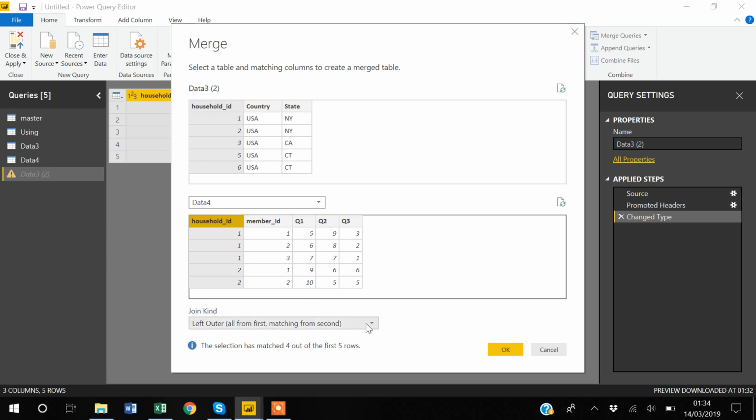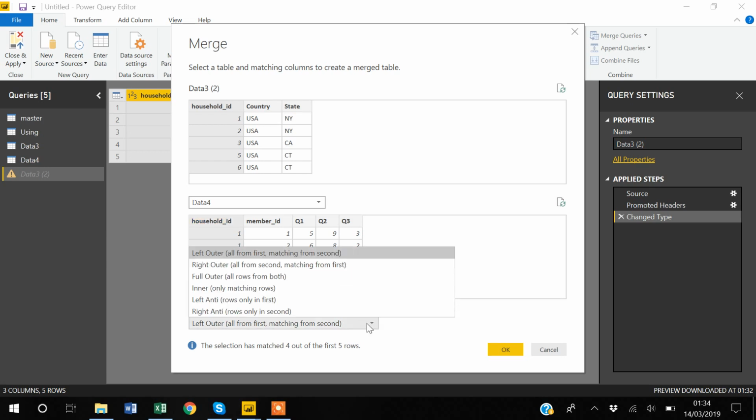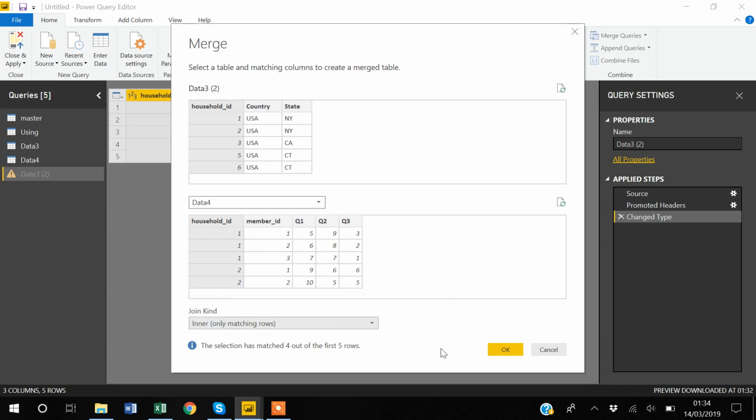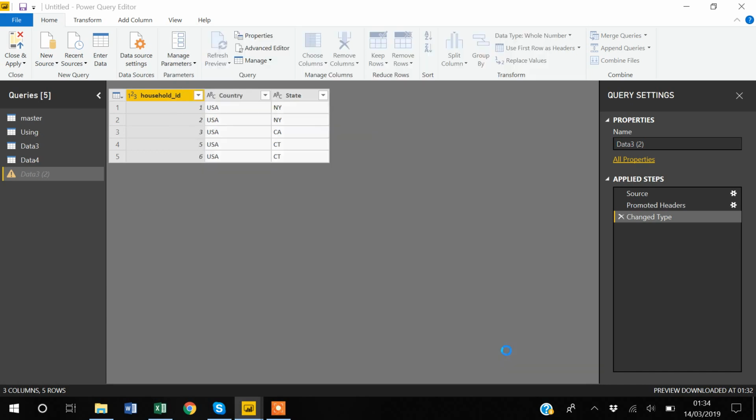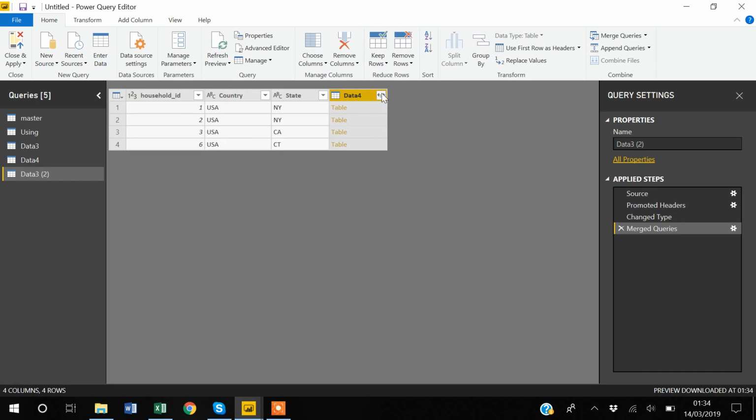one observation to many observations in data4. And now I will show you guys another option that you can opt. So here is another option. In my previous merge, I have shown you how you can do the first 3 kinds of merge. And the last thing that I will show about merge is the inner, which shows only those observations which got matched. So if I select that, and if I select OK, and if I expand those,